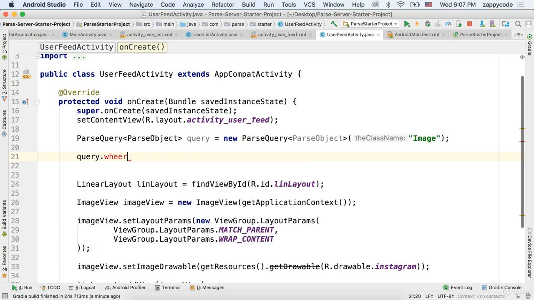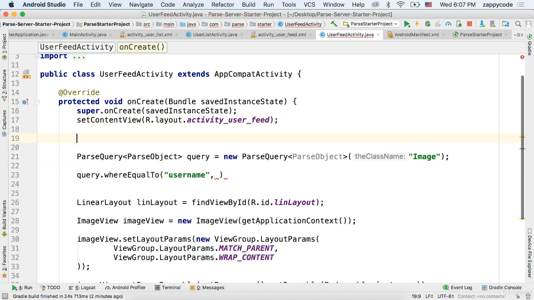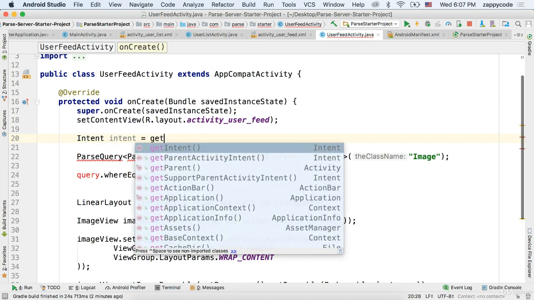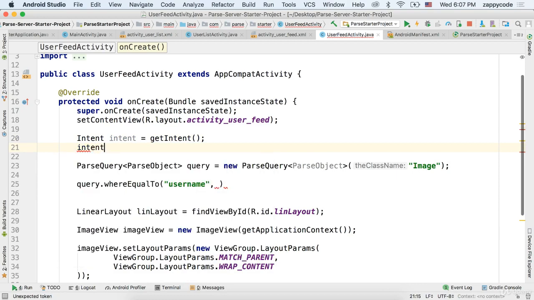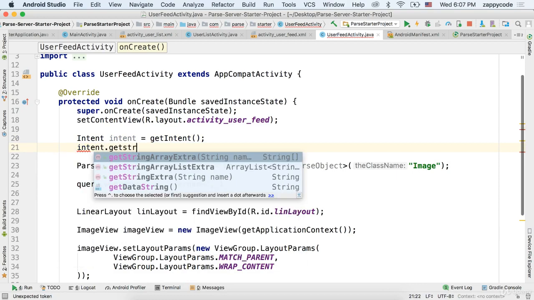So we're going to say where equal to, and we want to say wherever the username is equal to, and then we want to go and get whatever username it is that we are working for. Now, in order to do this, we have to pull out the proper username from the intent. So we're going to get an intent object. We'll just call intent is equal to get intent. And with this intent, we're going to say intent.getString